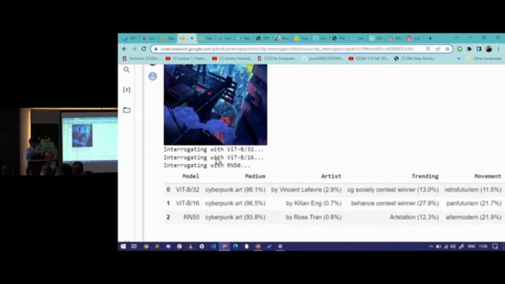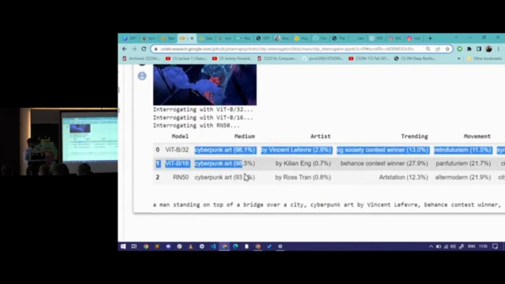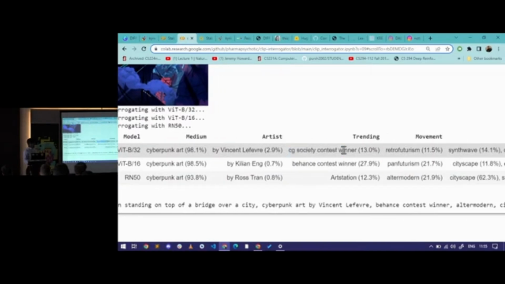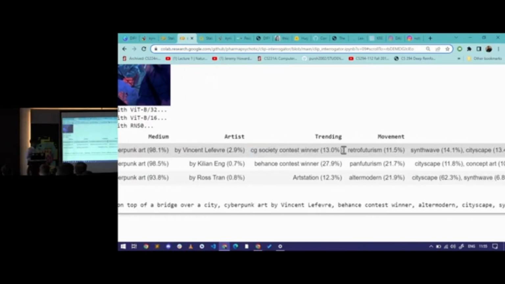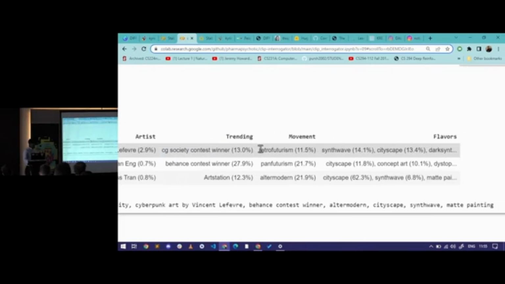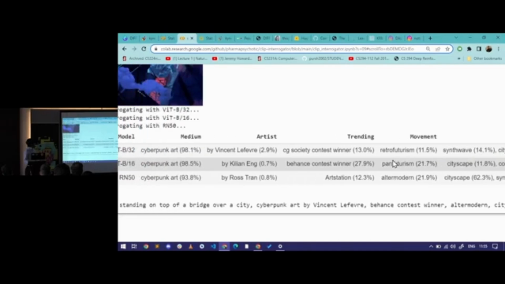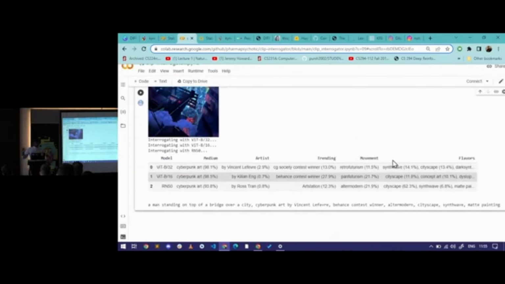So it will tell you, okay, they used cyberpunk art, the artist is this, it's trending on Behance or somewhere, and different prompt terms like synthwave and cityscape. These are all useful for designers to know what happened in that image. It's almost like thinking in the mind of a painter, what the painter was thinking when he made the painting. So you can just say, okay, this is the prompt.